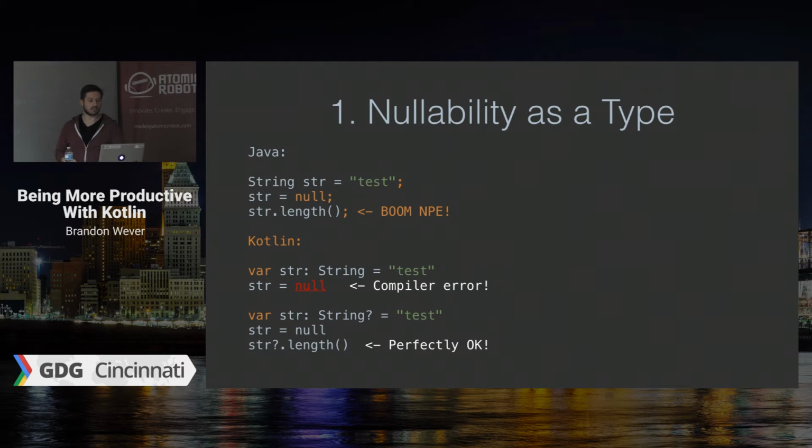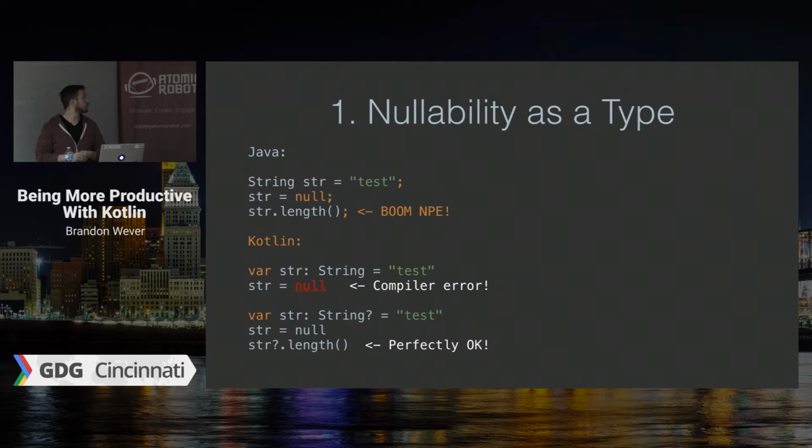Right here in our Java code, we're defining a string that is equal to test. Sometime down the road later, it gets set to null, and then we try to get the length of it. Well, we're going to get a runtime exception, and our app's going to crash. And that's unfortunate, but it happens. But with Kotlin, we can move those runtime exceptions to compiler errors